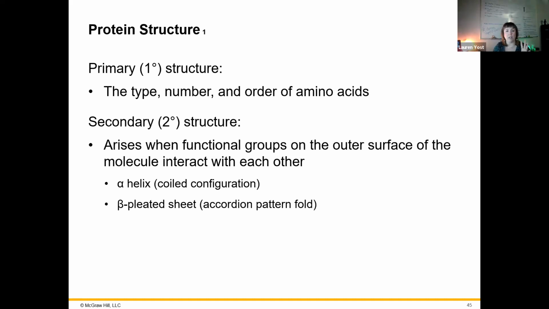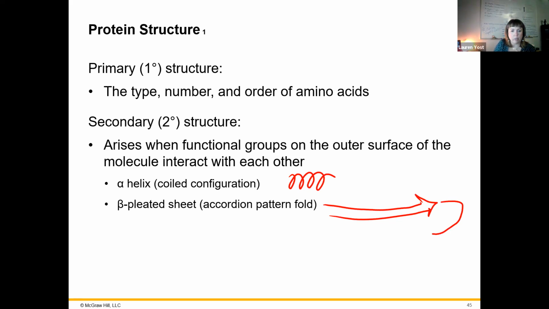So now we start having some of these polar aspects interact with other polar aspects because they're being repelled by the non-polar ones, and we start having folding due to those molecular interactions. This is where we start seeing the alpha helix, which is a coil, just what it sounds like. And then the beta pleated sheet, which they usually draw like an arrow, and then it'll usually curve around. They call it a pleated sheet because it kind of looks like it,